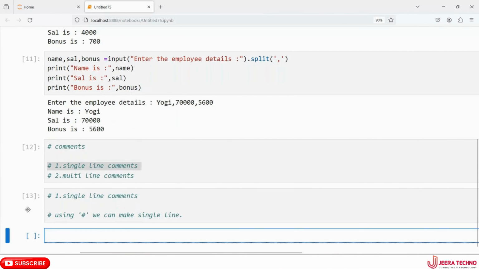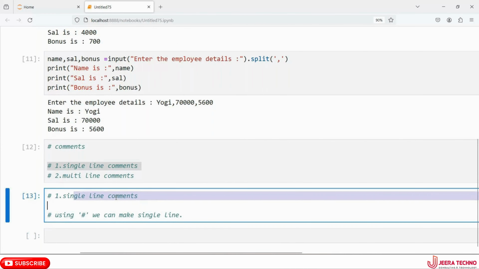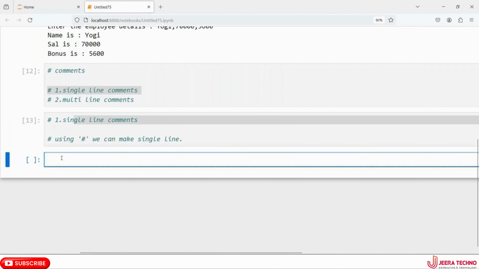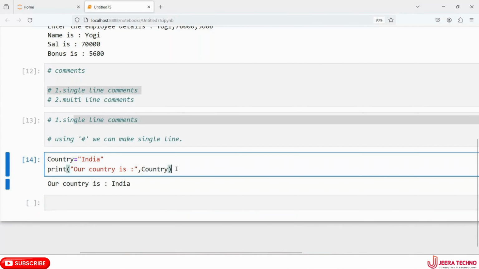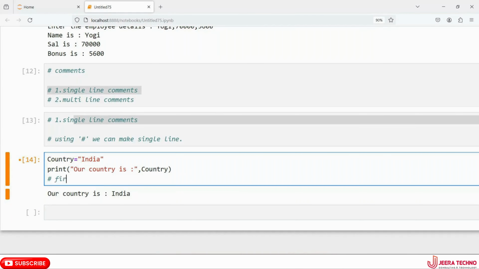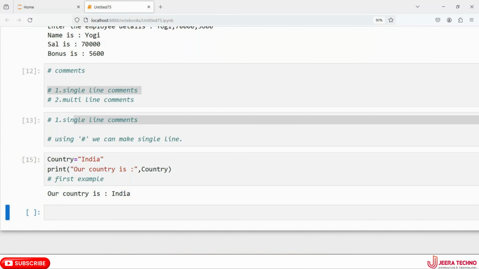Single-line comments are like this, simple, you know that actually. I only told you now, small concepts will start from today. So India, then print of, our country is, then you can pass country. So here we don't have any comment. So here, first example, this is what we need. So this is one line